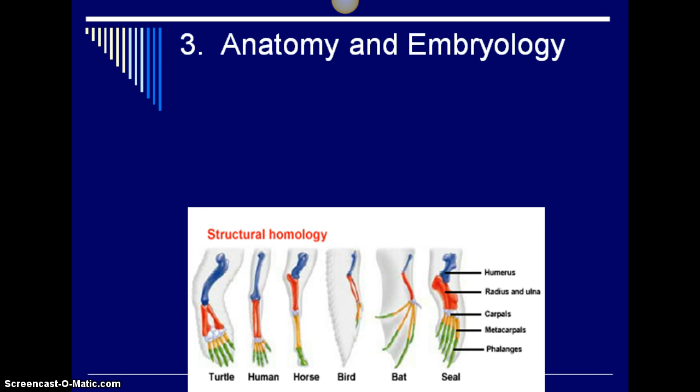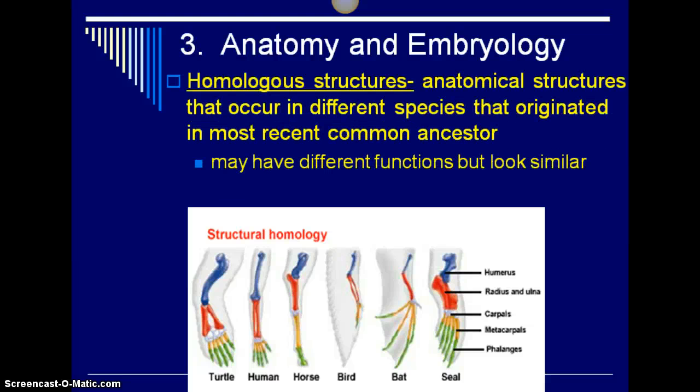Okay, number 3 is anatomy and embryology. So there's going to be a few things that fit in this. If you're doing the notes packet, there's actually going to be 4 main kind of bullet points to put in under this. So you may run out of room. You may need to go further than the spot that's given to you. Anatomy and embryology is going to look at the structures that we see in organisms today, but we may also see in bone structures that are found by paleontologists,